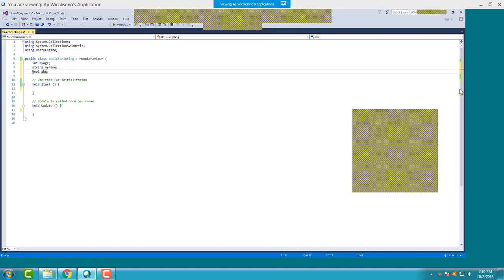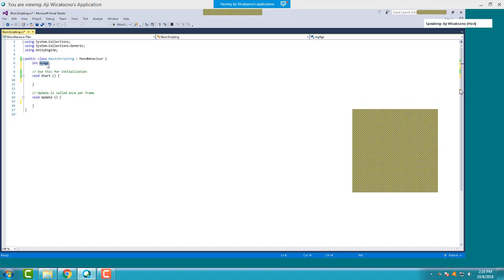So take an example. When you want to make a variable, take integer for example. Here I name it my age. Then you can store a number inside this variable. So we have a variable my age of the class integer. How about we store some number inside it? The storing is basically you can just put it in start or